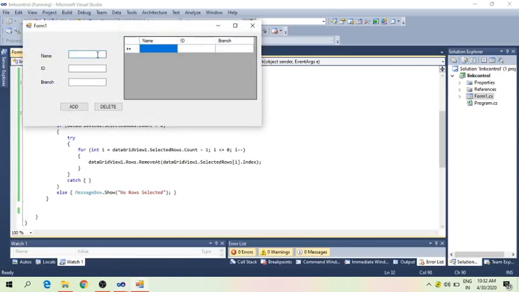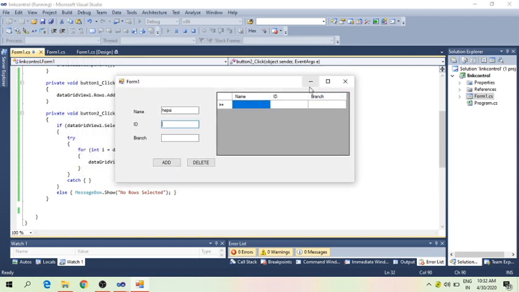Okay, now let's try this program. I'm trying again. If you observe the window, it is not showing previous information because it is not connected to the database.